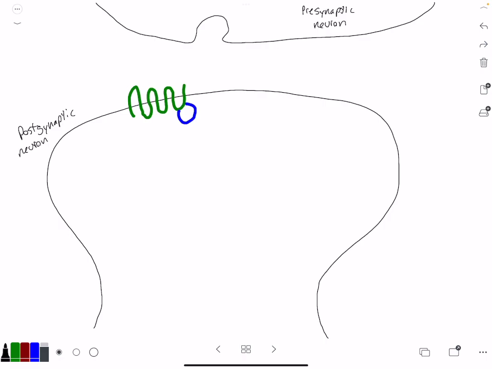Okay, so in this example here, we're working with dopamine. So dopamine being released by our presynaptic neuron, binding to this metabotropic G protein coupled receptor, which is the D1 receptor, the dopamine 1 receptor. And it is involved in a signal cascade, secondary messengers, just like all the others. And so what binding to the dopamine 1 receptor involves is something called adenylyl cyclase.